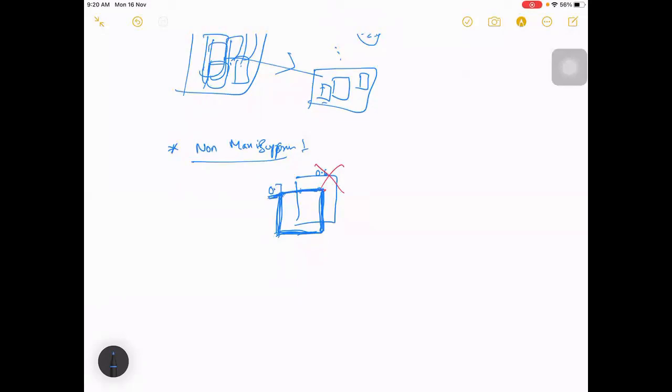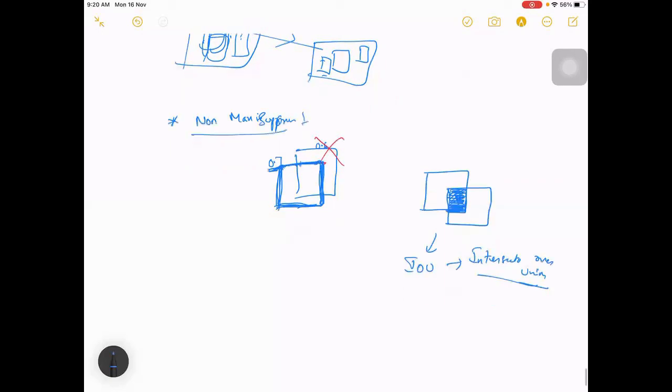So they use this, and this common area, in case you have one box and more boxes, right? So this is the common area. Usually you measure it by IOU, which is intersection over union. This is one kind of measure between two boxes, where the intersection is this area. So how much of this area is there compared to the whole area? So it is a combination of two boxes.